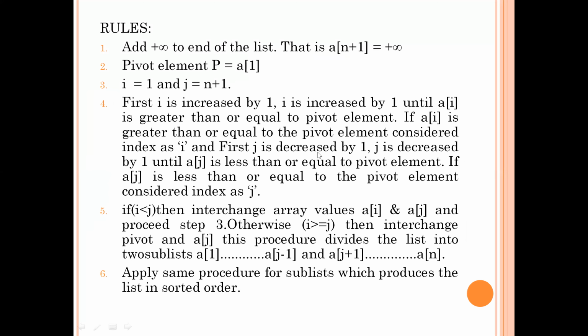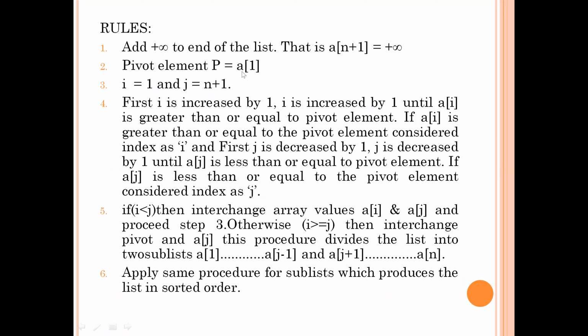So these are the rules that we follow. Rules means almost the procedure. So first of all, generally we will place the maximum element at the n+1th location, and you will select a pivot. Already I told you that there are many strategies for selecting the pivot. You can select the first element, or you can select the median of three elements, that is the first, last and middle. Like that you can use any selection procedure for selecting the pivot.